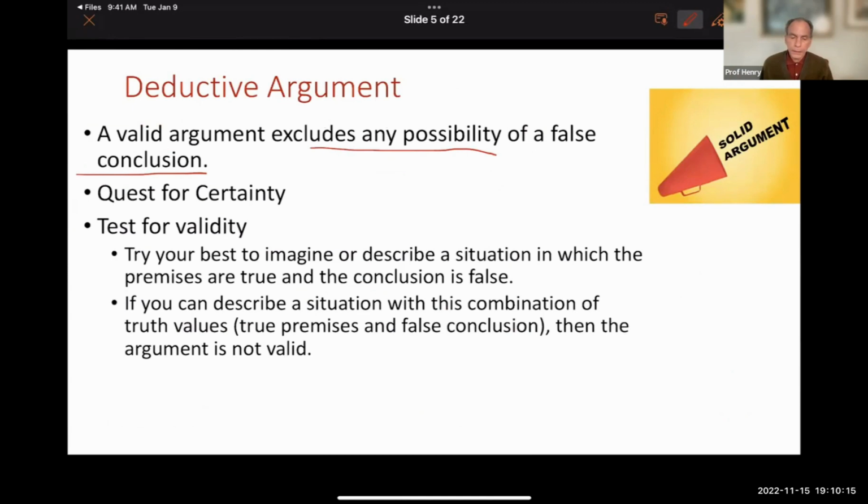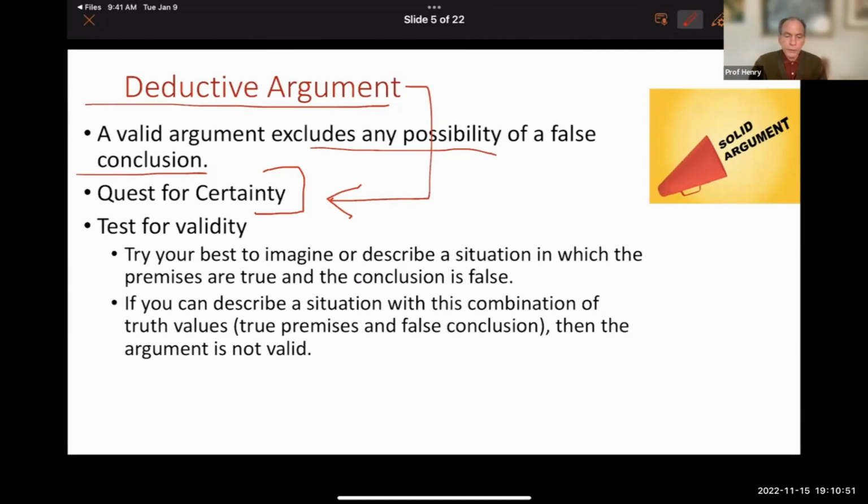And when we argue, there's this quest for certainty, and in arguing deductively, you are making a quest for certainty, meaning that you want to be absolutely true. And essentially, when you're presented with a deductive argument,